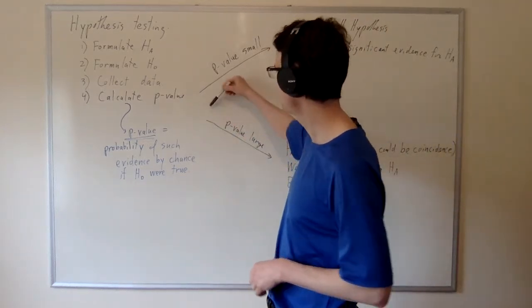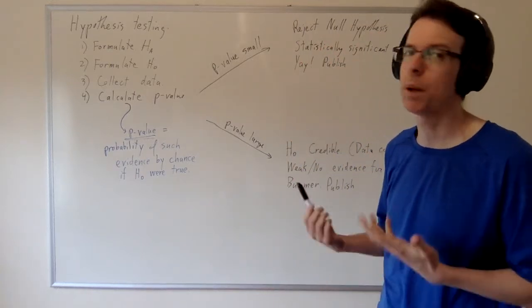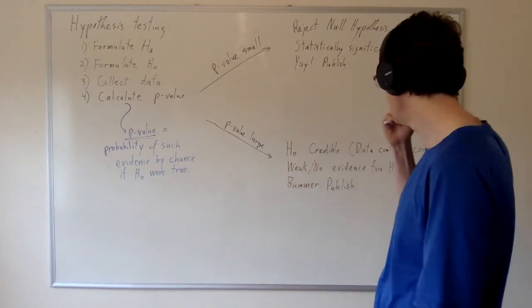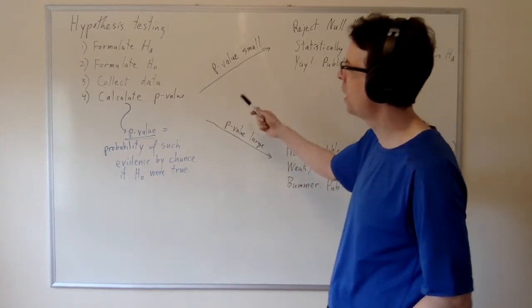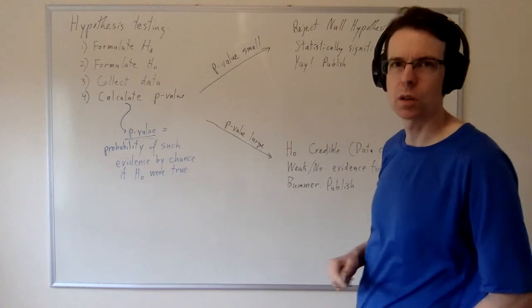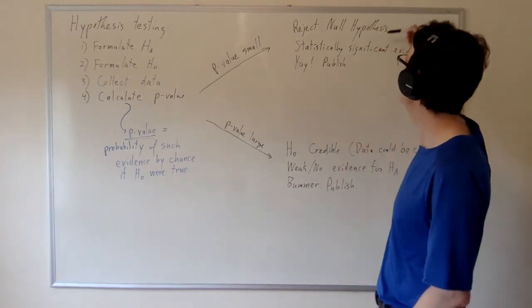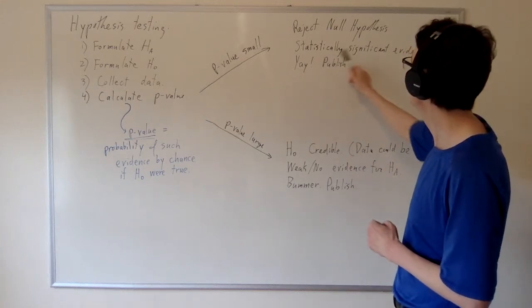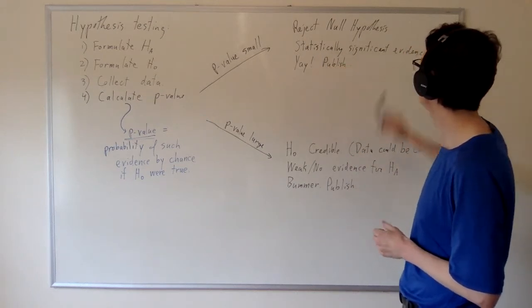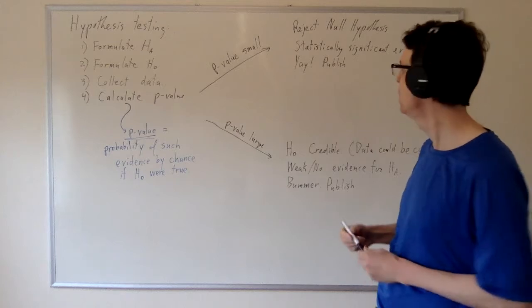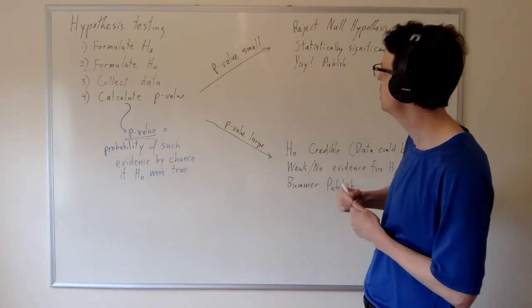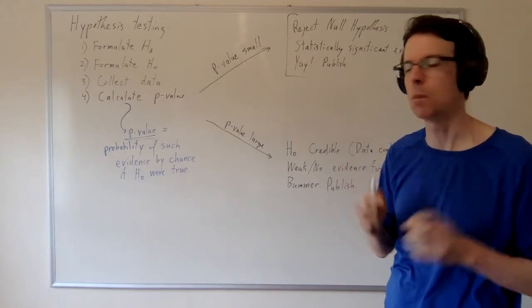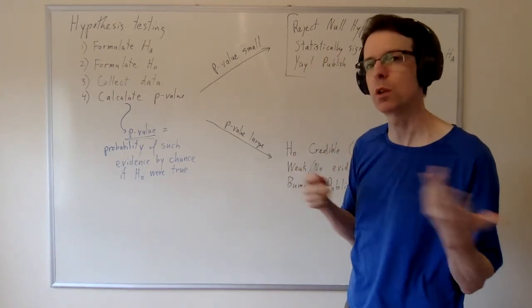So this is where our hypothesis test branches into two possibilities depending on the data, right? If the p-value is very small, that means it's really not likely that we would get evidence like ours from chance alone if the null hypothesis were true. And so we reject the null hypothesis. This is what we want to do in statistics. We declare we have statistically significant evidence for the alternative hypothesis, and we publish our results. Okay, so this is, from a scientific and statistical point of view, what we usually think of as a good outcome. But of course, depending on what we just proved, it could be a good thing or a